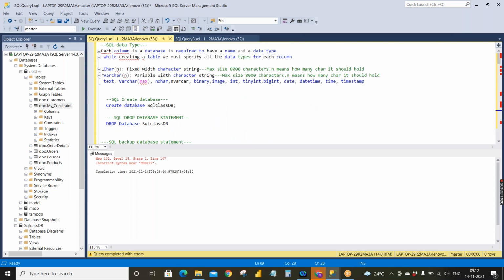When you are creating a character or varchar column, you can give any number of characters you want, but you do not need that many characters. And also, in real time there will be millions of data, right? So if you have a name with a character length of 100 or more than 255, what will happen is